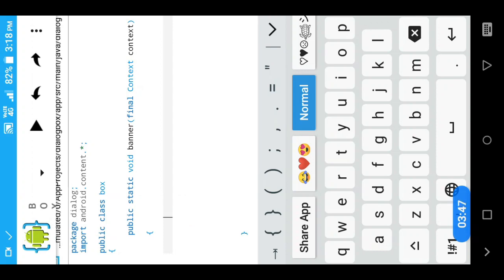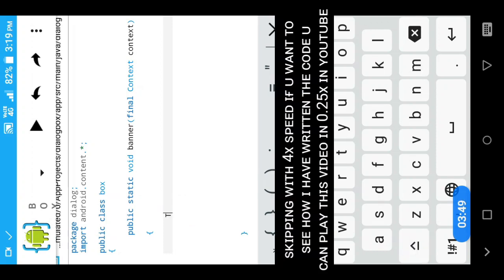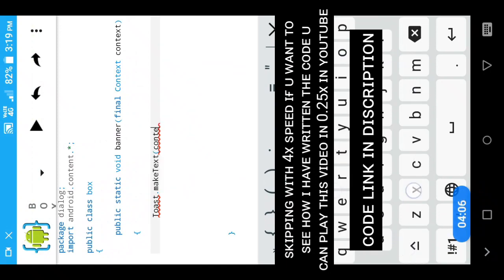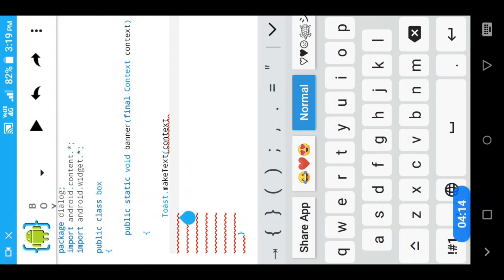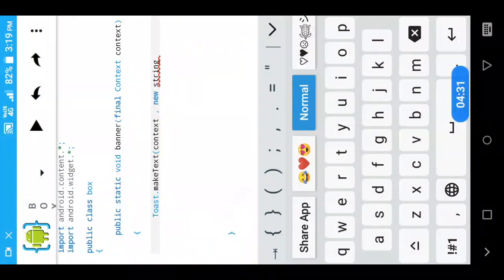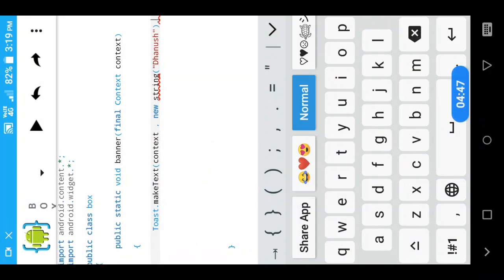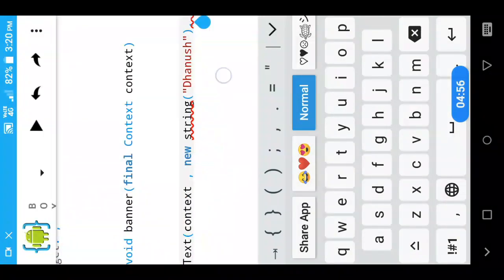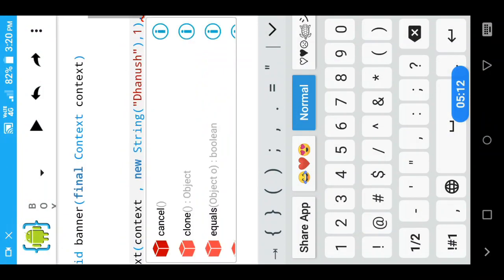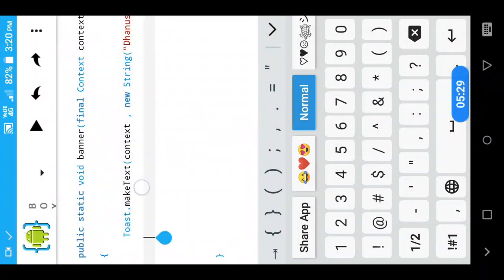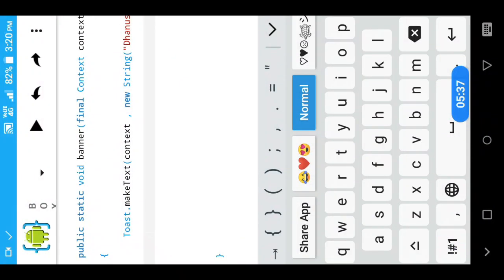While starting the code, I will start with toast.